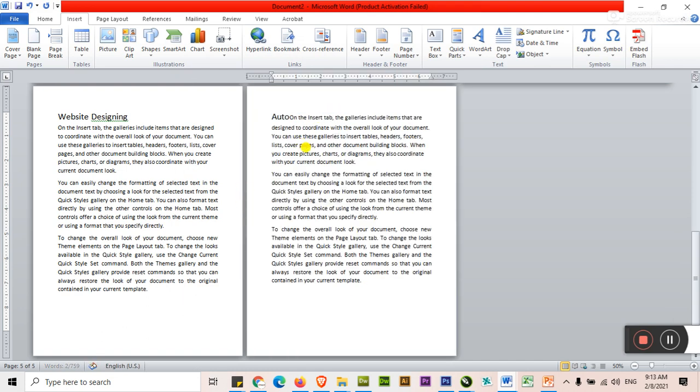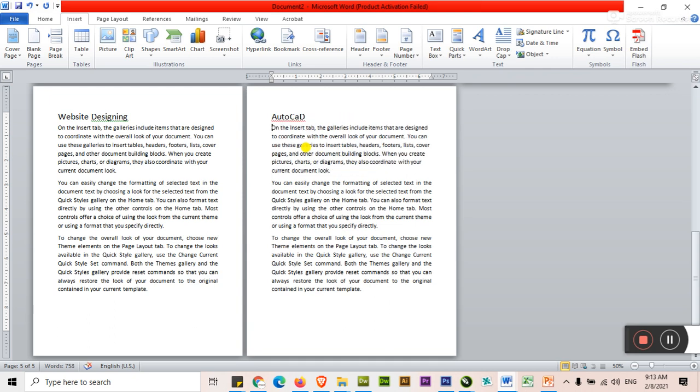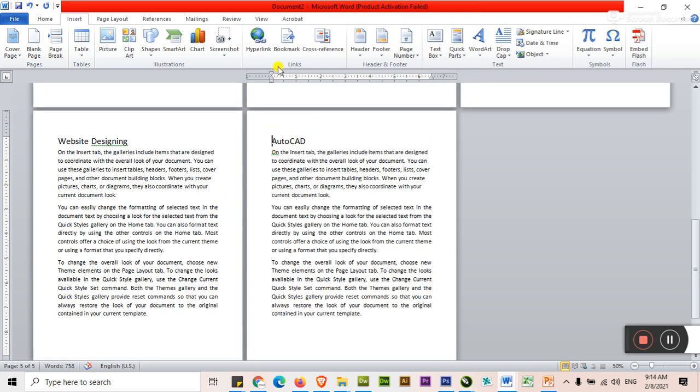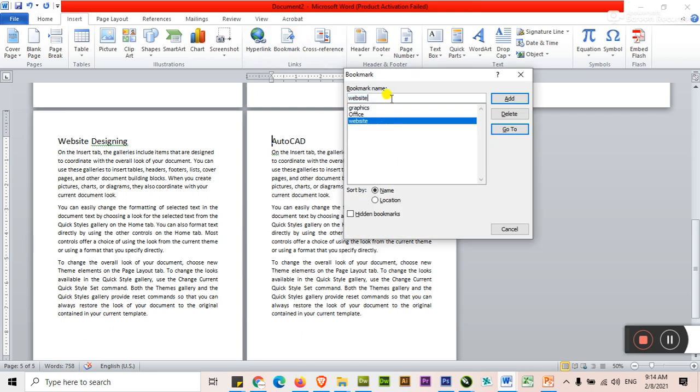This is AutoCAD. Okay. Click at the beginning of the heading, bookmark, and just type AutoCAD here.